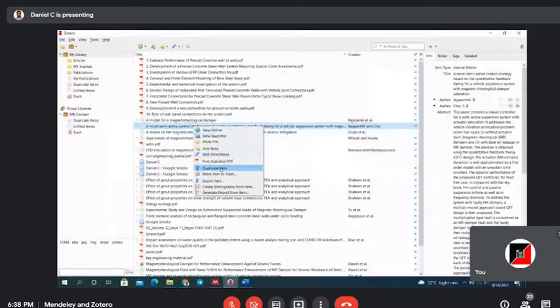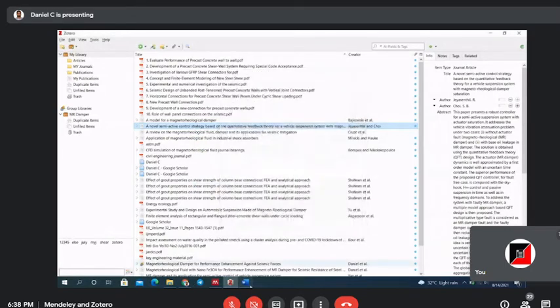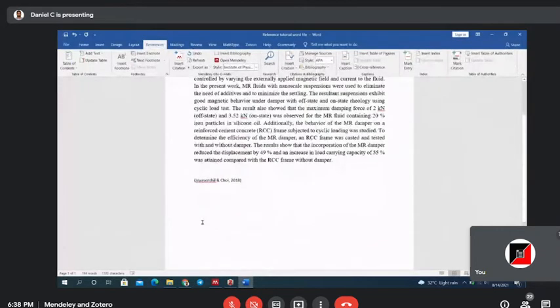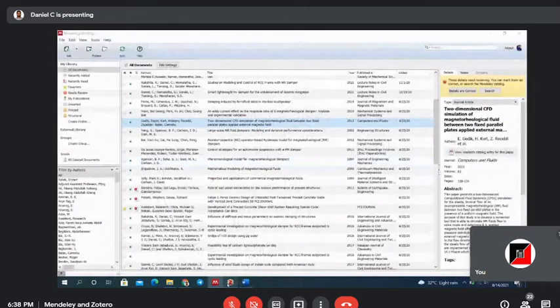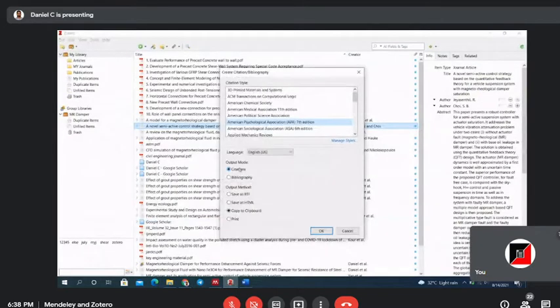Then create bibliography. When you click create bibliography, you'll have two options: one is citation, one is bibliography. If you click the citation, okay, this is how it will appear, because it is in APA 6th or 7th edition, I think. Sorry. Then if you right click, create bibliography. If you choose the bibliography option other than citation and click OK,